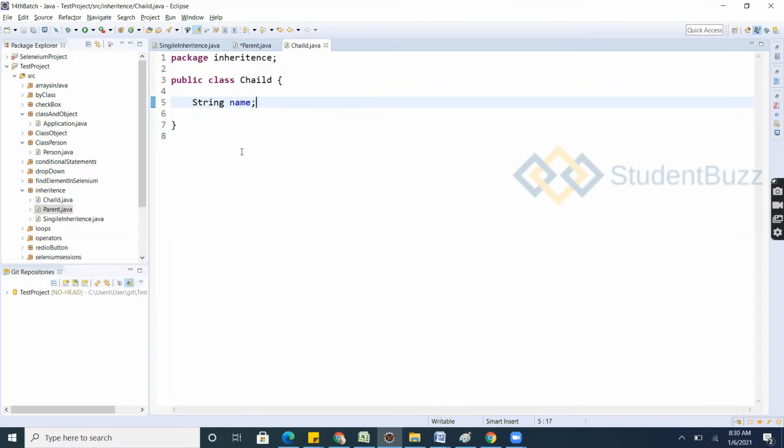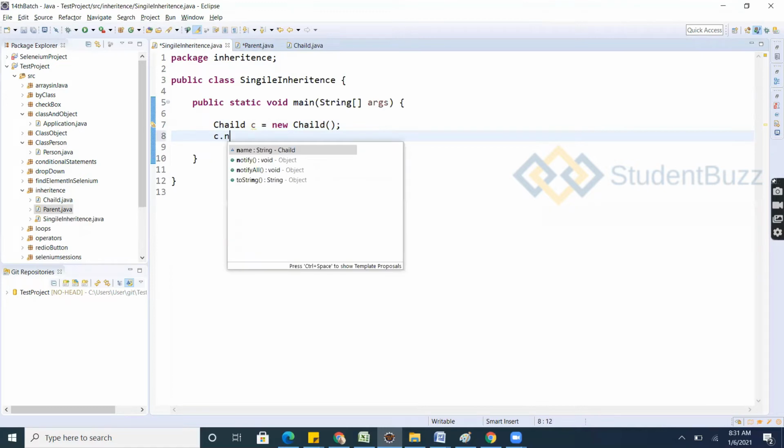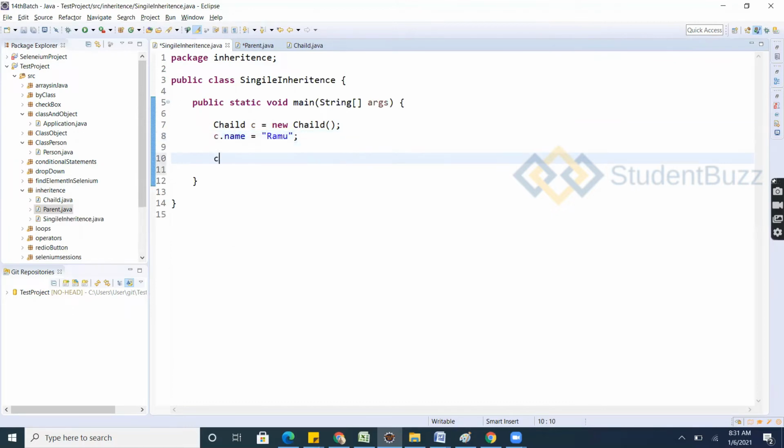He wants to have a surname. From where does it come? The surname comes from the parent. So let's say the child class. What I'll do? Child c is equal to new Child, right? This is the object creation. And c dot name.